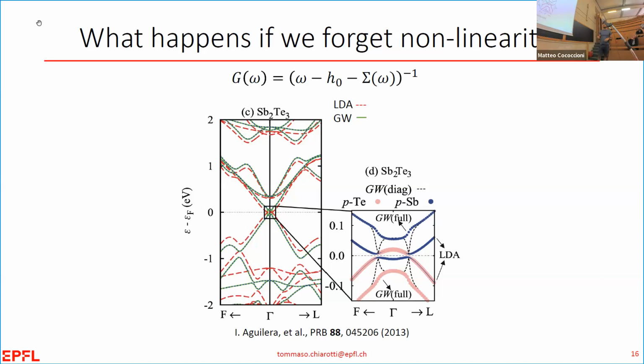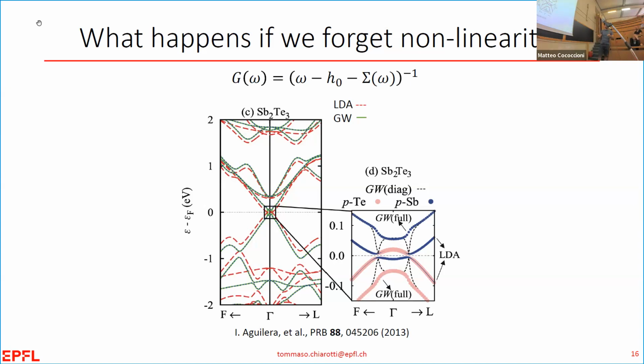And what happens if you do this? So this is Friedrich, 2013, and in the black line you see this is a topological material. So of course, when you neglect off-diagonal elements, when there are band crossings, it's going to be a disaster. And this is exactly what happens, and this is particularly interesting because it's a topological material. So if you mess up the band crossing, the material is not topological anymore.